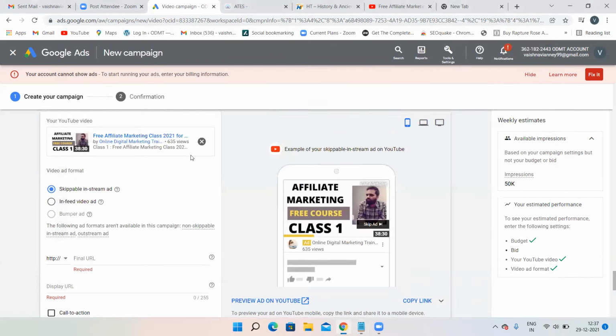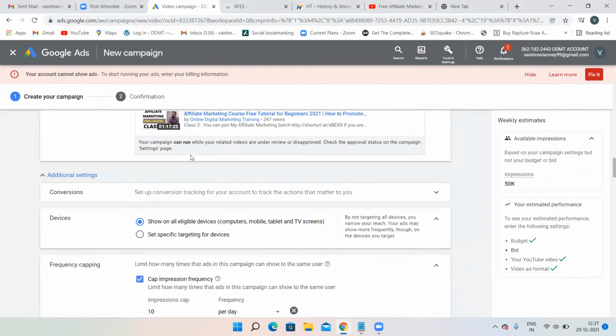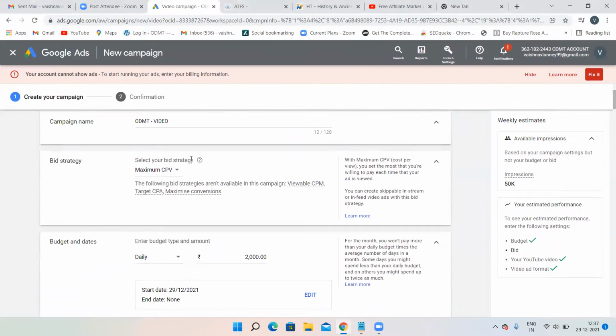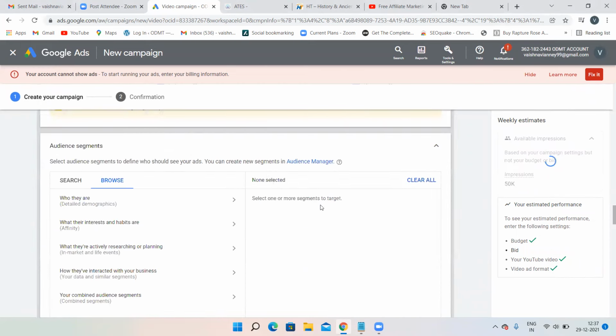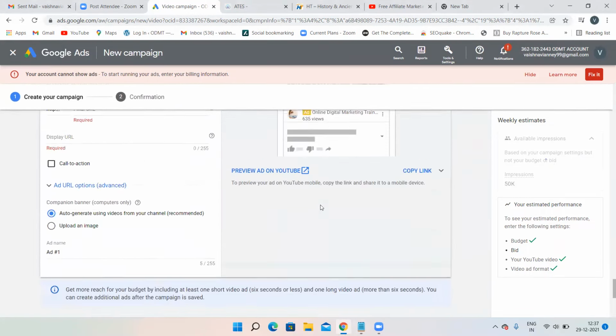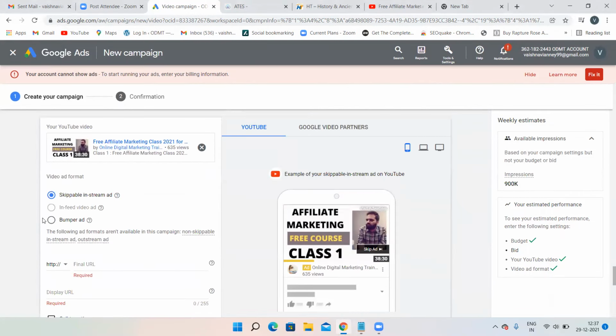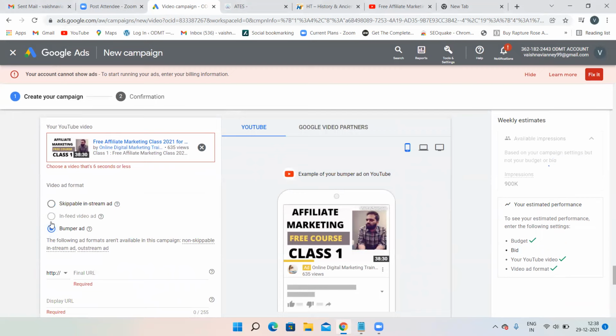But what is the bidding type we selected? We have selected the bidding type as max CPV. There is one more option, which is target CPM, I told, right? If you select target CPM, then bumper ad will be highlighted over here. Otherwise, bumper ad will not be highlighted. Now I can select bumper ad. Because my option was maximum CPV, bumper ad was not getting highlighted.